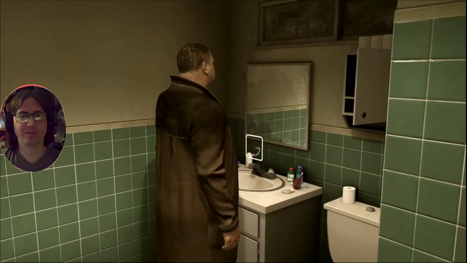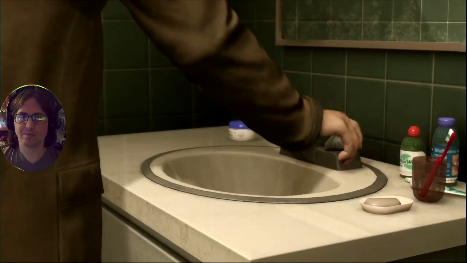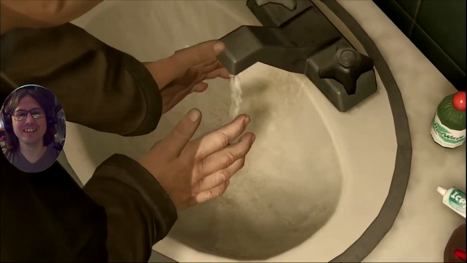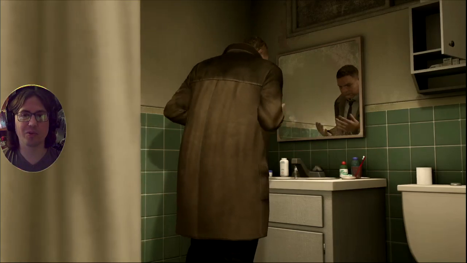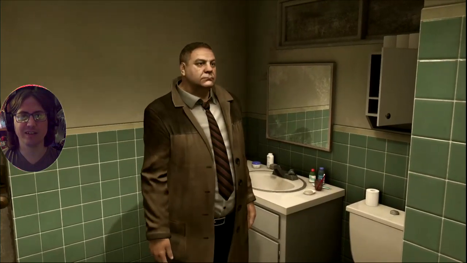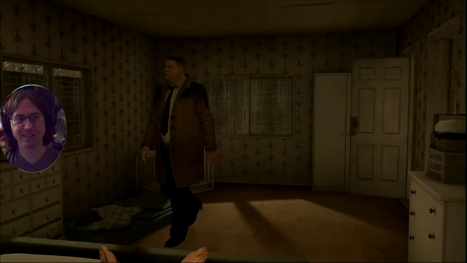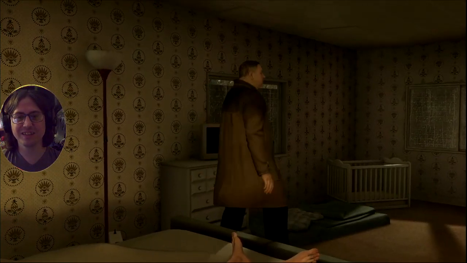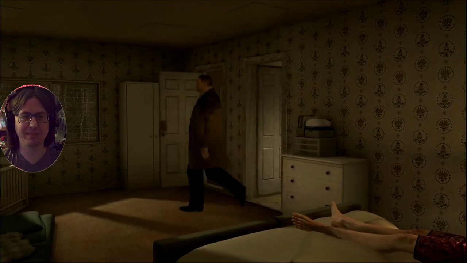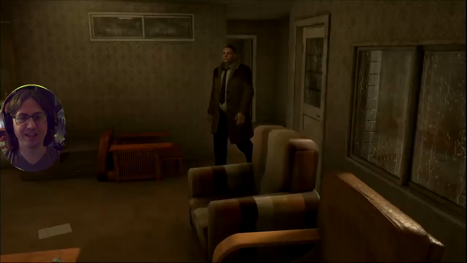Just gonna sniff around your bathroom. Wash my hands. After playing with all... Actually, that might be important. Wash your hands after dealing with the blood, because you don't want to get blood all over the baby. That would be very questionable. Got anything else in here? TV? Yeah, you should have let her go deal with her baby, because then she might feel less like doing what she was just doing to get away, you know?